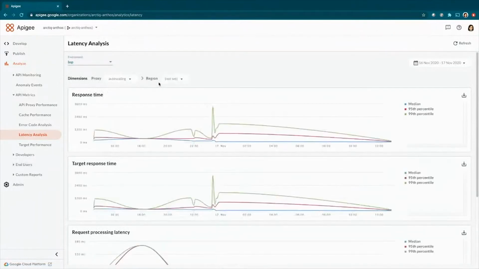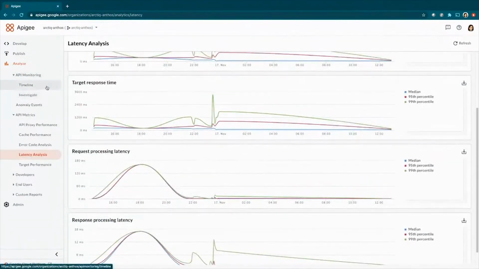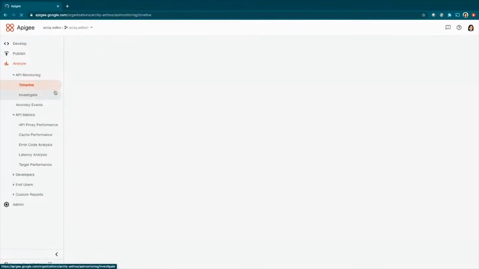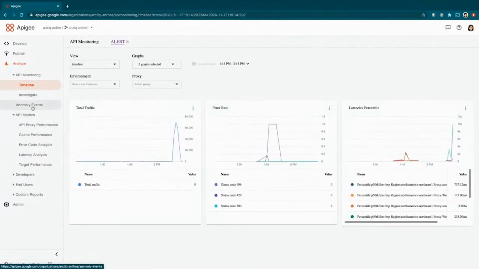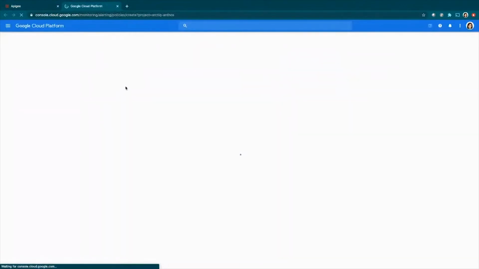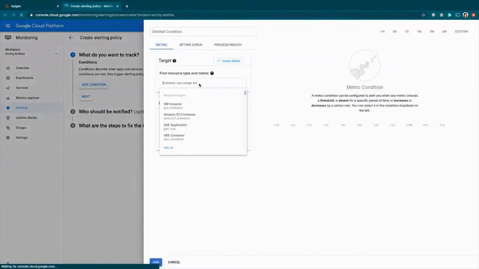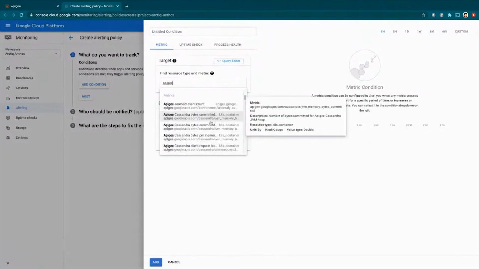We have to set this for response time, target response time, etc. And one thing I really like about Apigee Hybrid is you can also set alerts so that from operations perspective, you will receive some information when you are seeing a lot of traffic hitting your runtime, or if you're seeing any delays for that. So I won't go through this because I see we